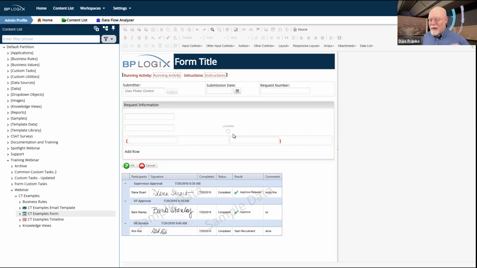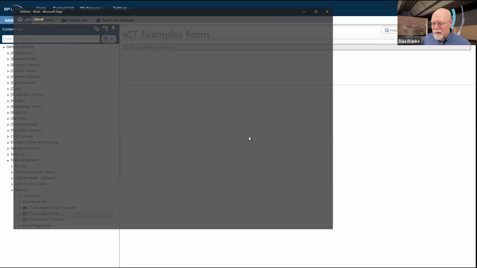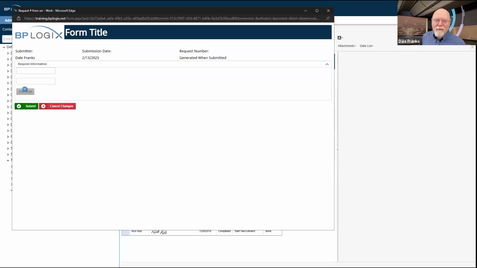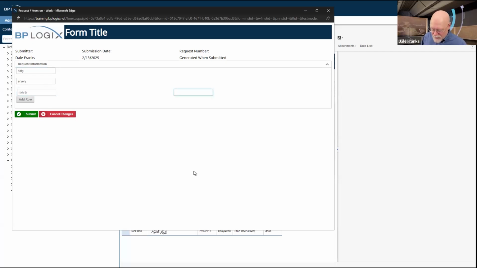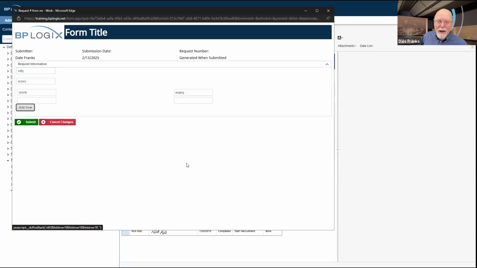Oh, I forgot to do something that's super important, but we're already running the form. So we'll go through it and we'll see that in this particular case, there's no problem yet. But we're going to make a problem, a very, very common problem that we have to solve, especially with event field. So we're going to add a row to our array, and we'll go into this field. I'll put in some data and I'll hit tab. Oh, great. Fine. I'll hit tab again. Okay. Happy camper. Let's hit tab again. Now it goes to that fourth field. Great. I'll hit tab again. Takes me to my add row. So if I want to add a row, I can certainly do that.